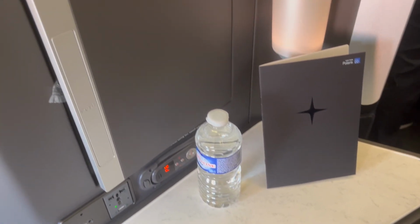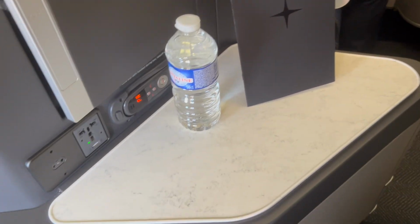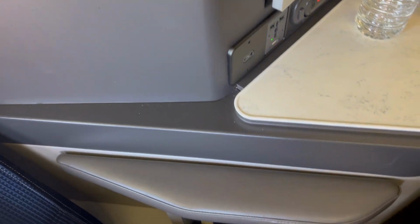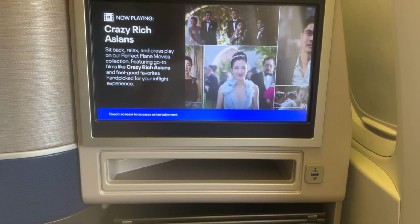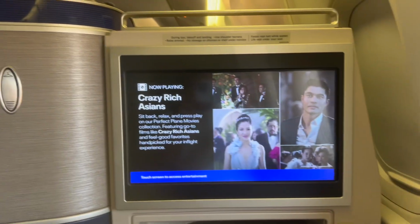Each seat comes with a fairly large side console made up of a fake marble surface. There is also a sconce lamp, storage locker, reading light, IFE remote, and charging options. The armrest houses the seatback literature and can be slid down to allow for more room. Moving on, in front of you is a crisp seatback entertainment system, as well as a coat hook off to